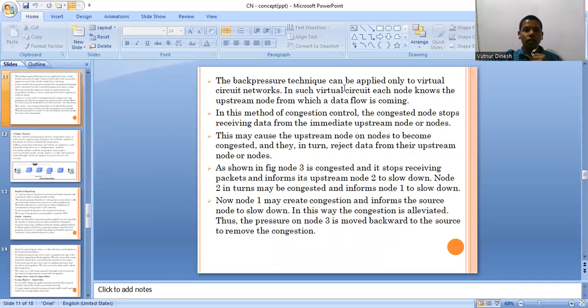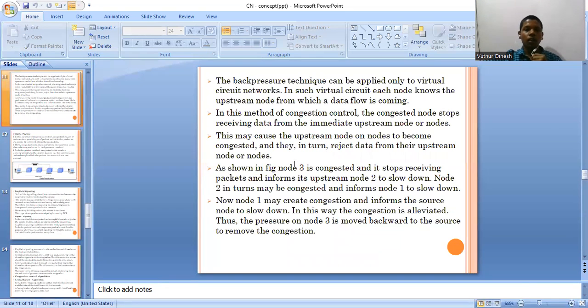The backpressure technique can be applied only to virtual circuit networks. In such a virtual circuit, each node knows the upstream node from which data flow is coming. In this method of congestion control, the congested node stops receiving data from the immediate upstream node or nodes. This may cause the upstream node or nodes to become congested and they in turn reject data from the upstream